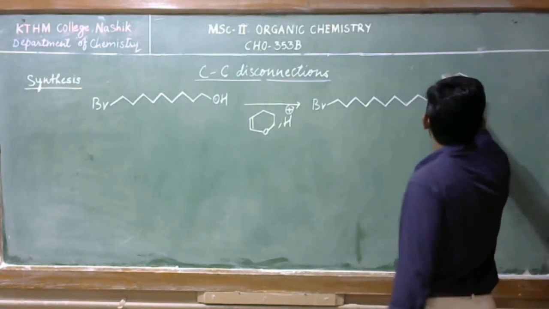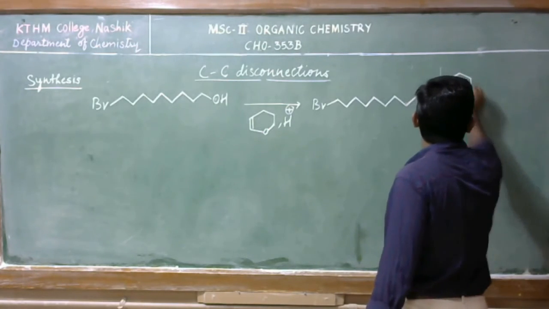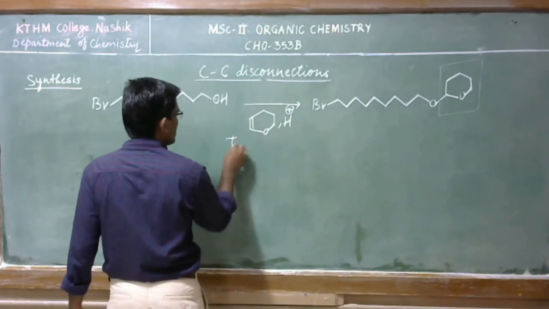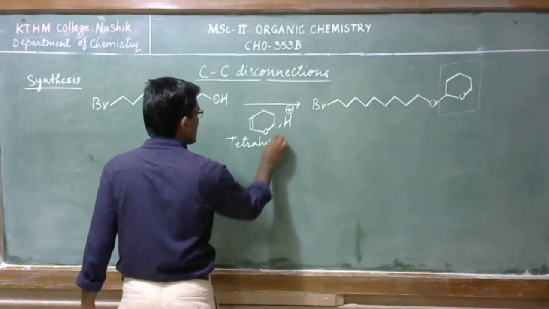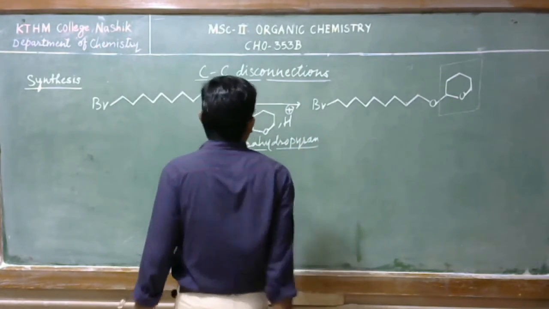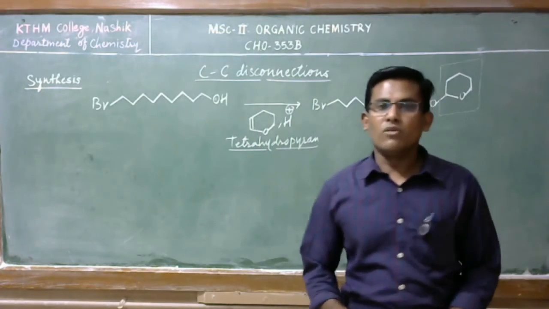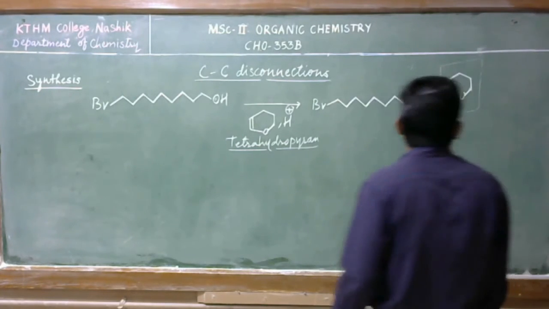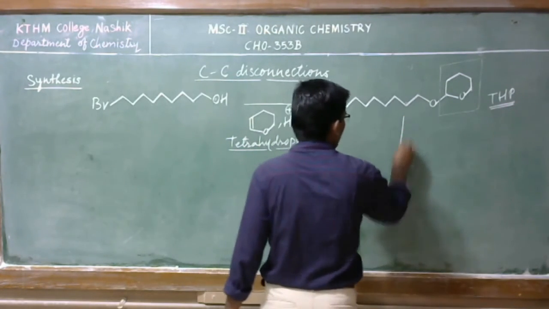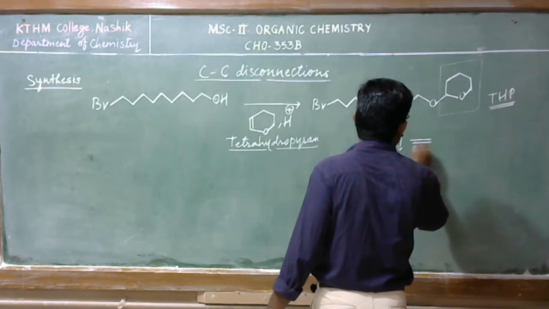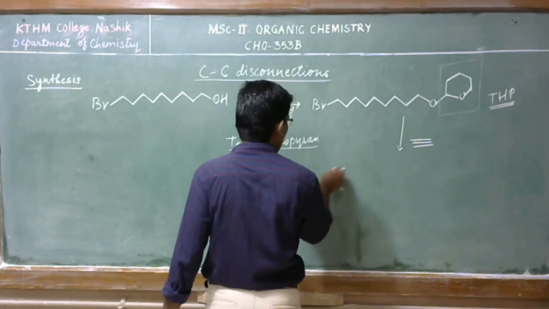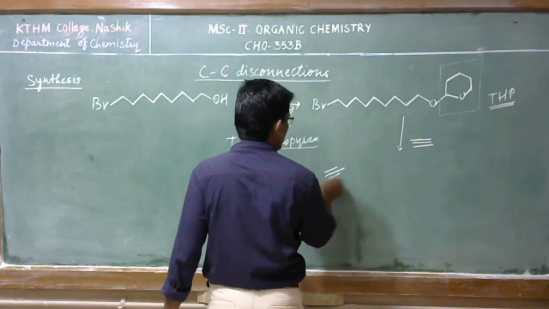This is the tetrahydropyran. This can be used to protect the alcohol, the hydroxyl group. So we can write THP. Then in the next step we will use this acetylene to get